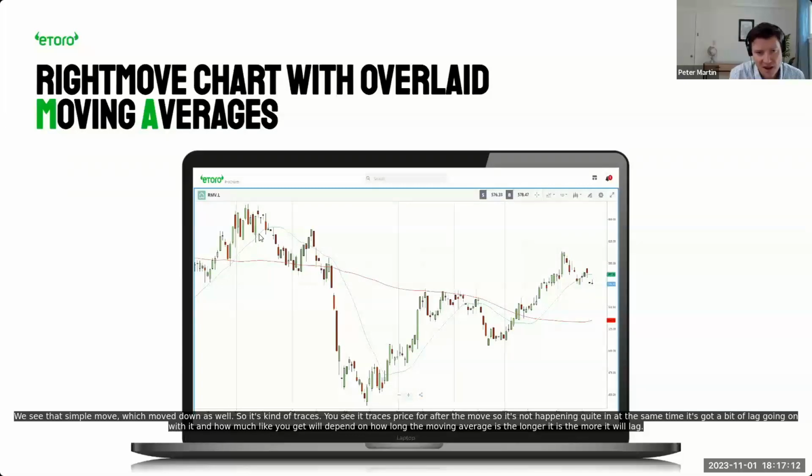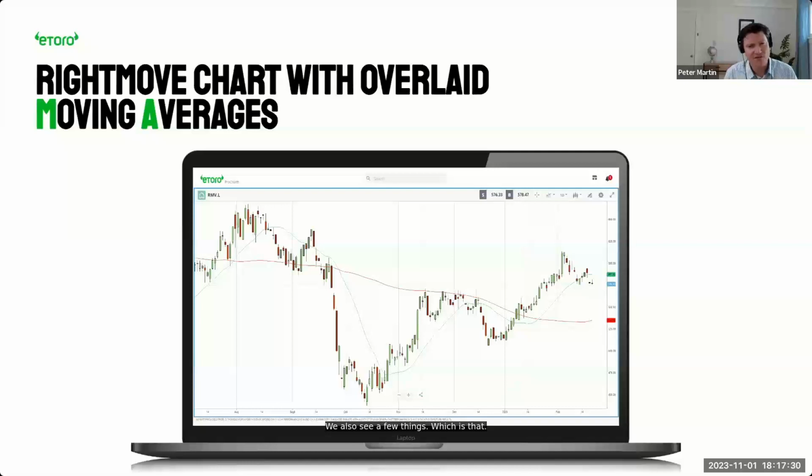You see it traces price, but after the move. So it's not happening quite at the same time. It's got a bit of lag going on with it. And how much lag you get will depend on how long the moving average is. The longer it is, the more it will lag. We also see a few things, which is that